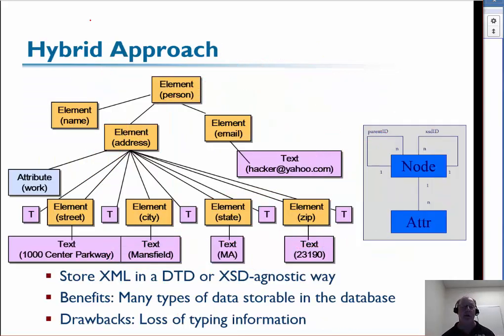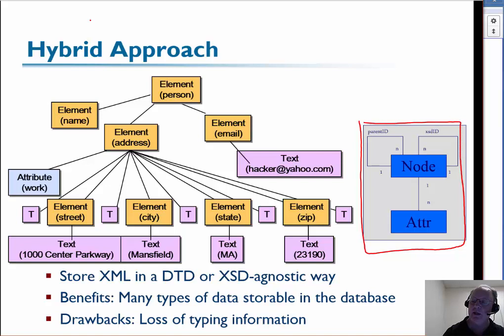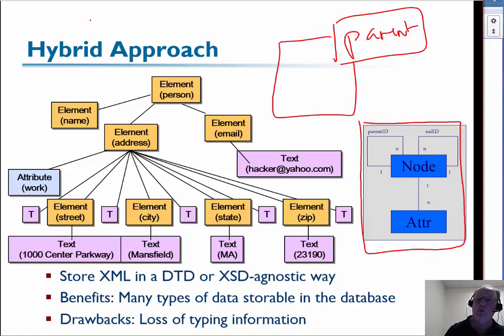Okay. In a hybrid approach, we do a little bit of both. There are a few different hybrid approaches I'll talk about. This is a generic one. If you look at how to flatten a generic tree structure, you can use this kind of relational pattern. Node here is the parent, and I can have a parent-child relationship where the child relationship is a foreign key back to itself, so I can have one parent for many child nodes.